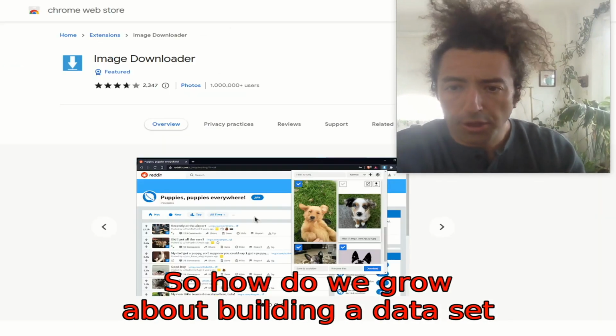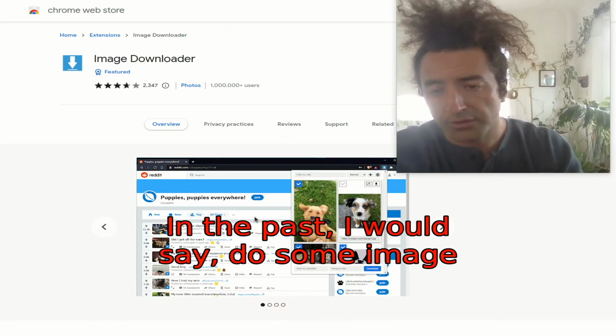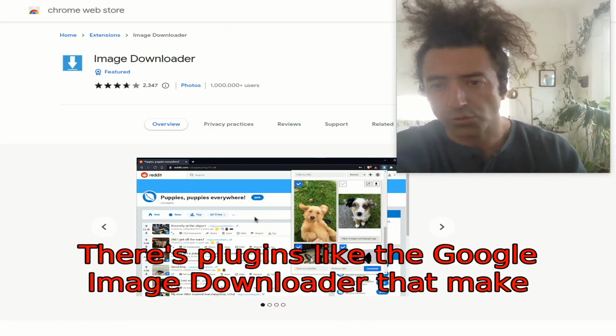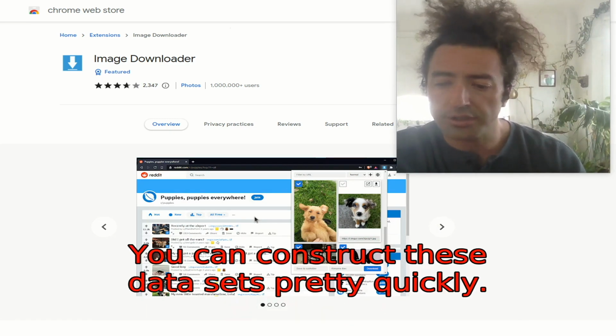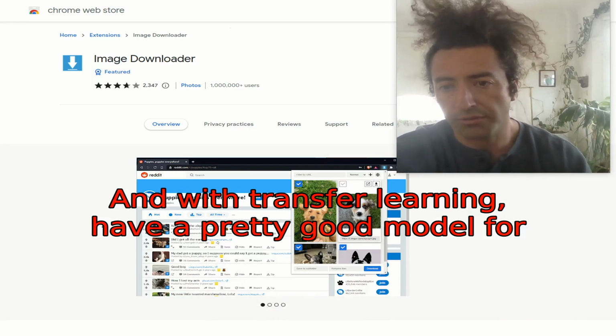Well, how do we go about building a data set so that we can have the model optimized for our application environment? In the past, I would say do some image search, scrape around, just plugins like the Google Image Downloader that make it easy to get hundreds of images for object categories of interest. You can construct these data sets pretty quickly, and with transfer learning, have a pretty good model for simple tasks